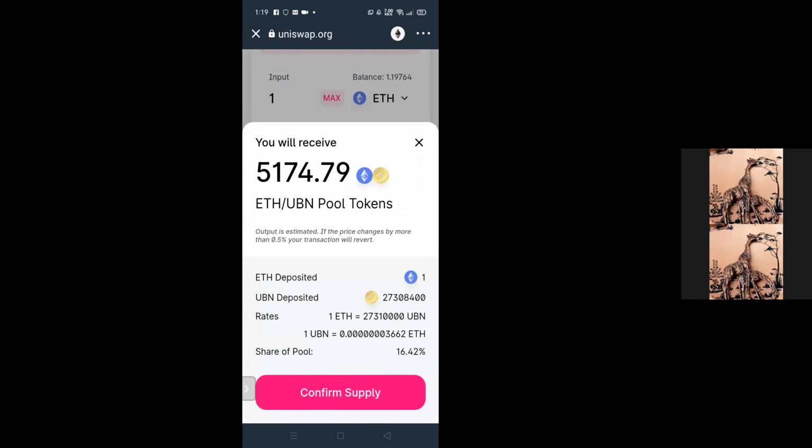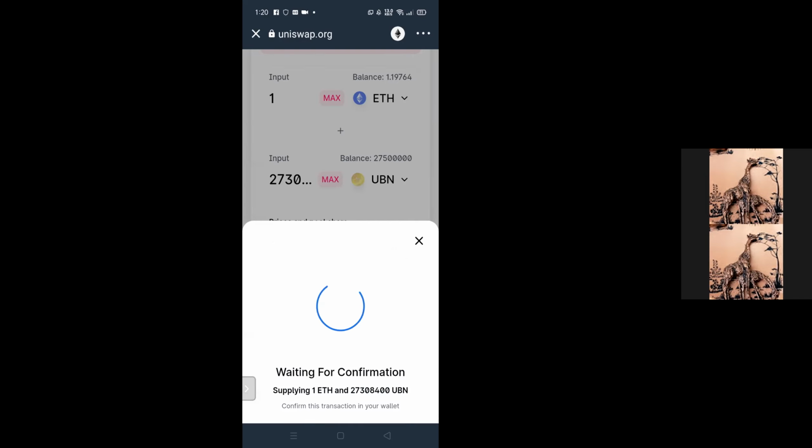After clicking on supply, you have to confirm your supply, and you can see we will receive 5,174 LP tokens, ETH UBN pool tokens. And then you can see we are depositing approximately 27 million UBNs, and the rate is 1 ETH is equivalent to 27,031,310,000 UBNs. So we are going to click on confirm supply, and our pool share will be